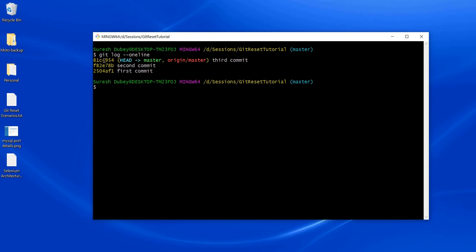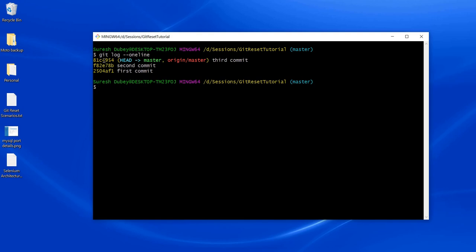Let's consider a scenario where you made some changes, you pushed them to the remote repository, and after that it's failing somewhere, causing some issue on further environments. In this case you have two options: either pinpoint the problem, fix the change on your local, and push it to the remote repository again so that the next build will fix it.